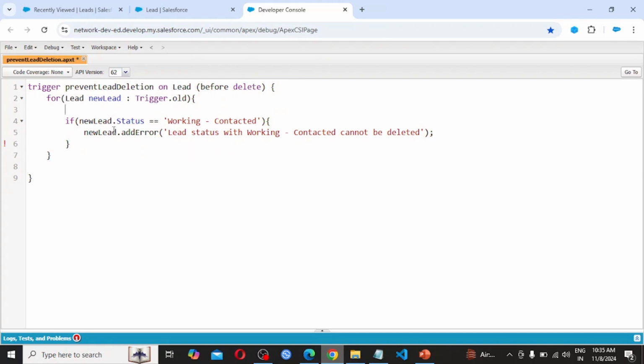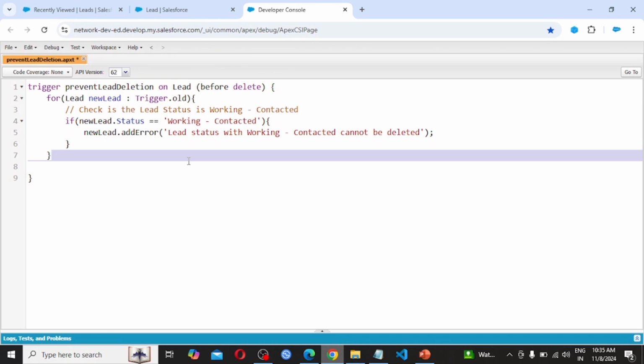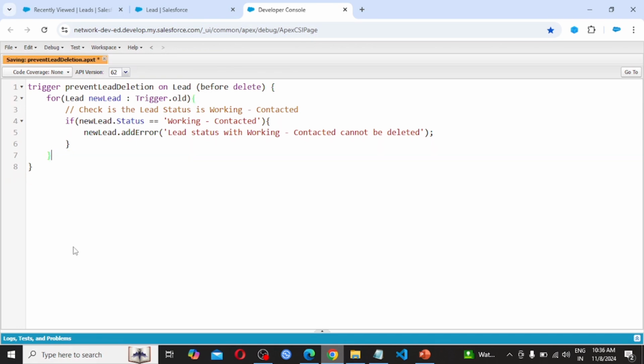So it's done. Here what we are doing is checking if the lead status is Working - Contacted. Save this trigger.